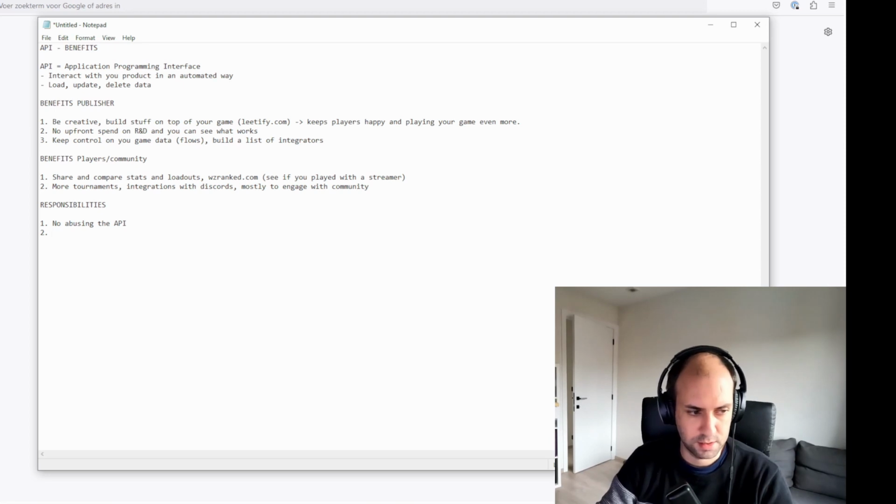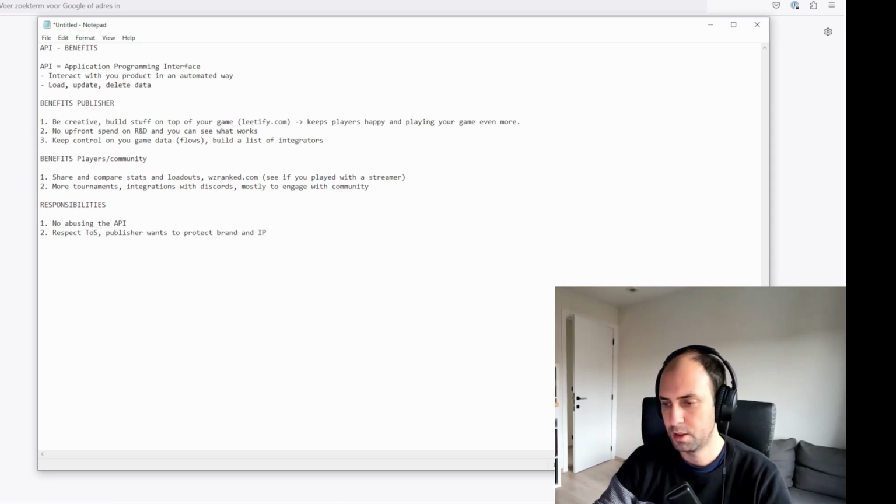Secondly, if you use the API, respect the terms of service, and this is really broad in the sense that the publisher wants to protect its brand and IP.